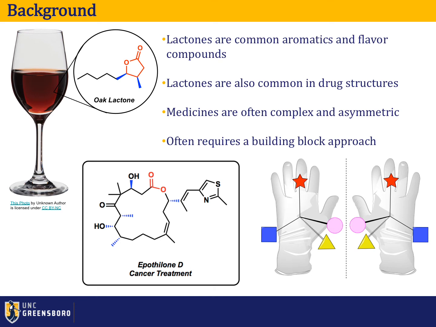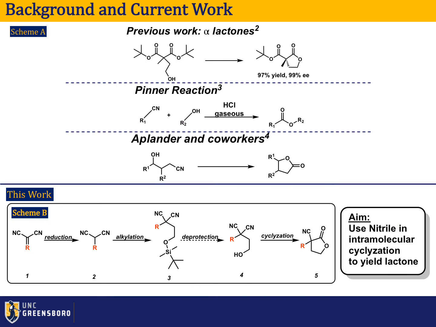However, developing new methods of synthesis is costly and time-consuming. I work on developing new methods of synthesizing asymmetric building block molecules. This work focuses specifically on lactones. Scheme A shows the background for this research. Previously, the Peterson group has synthesized lactones from diester structures with high yield and high selectivity for one asymmetric version over the other. We wanted to expand on this work by using a nitrile, a carbon-nitrogen triple bond, as our